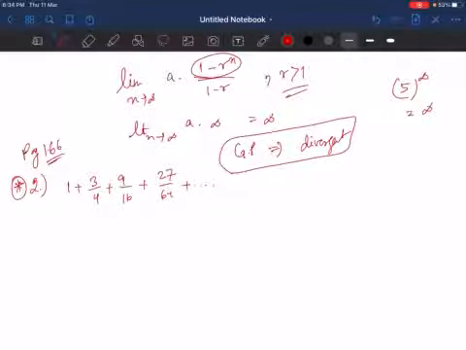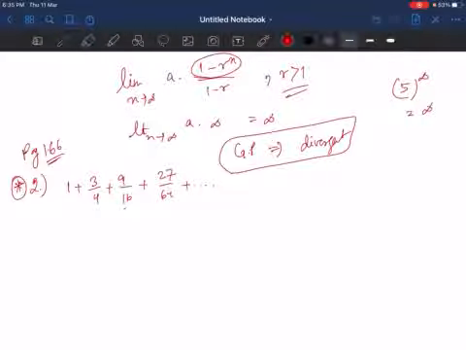So the first thing I will do is check whether this series is AP or GP. Now if I try to find the difference between these two, it is not equal to the difference between these two. So it means what? It's not in AP. If the difference between two consecutive terms is not equal, then we can say that it is not in AP. So the next thing we'll do is check whether it's in GP or not.